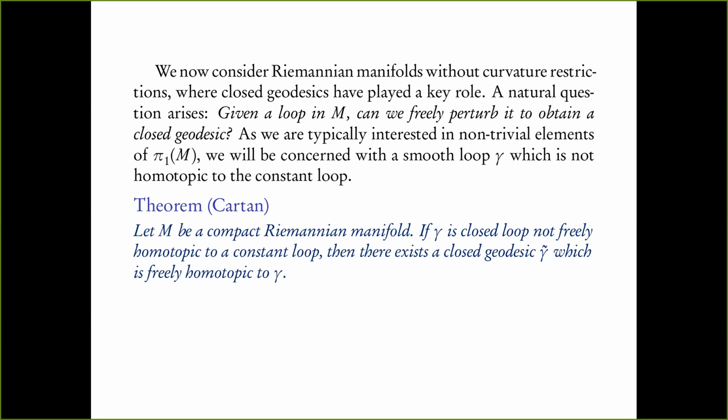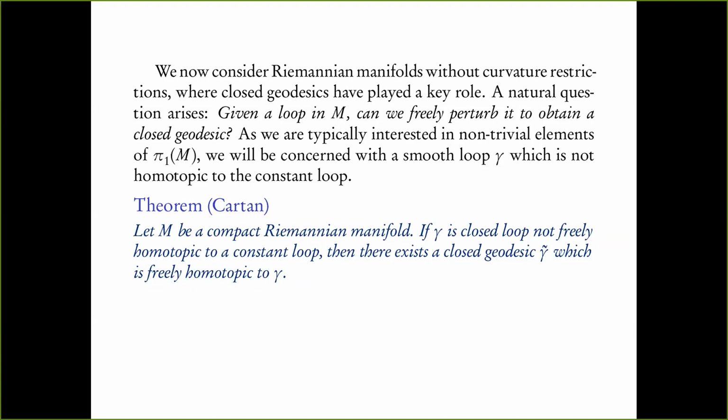The freely homotopic means? Yeah, okay, good. So I was hoping somebody would ask this. See, I'm mentioning the word freely homotopic because in algebraic topology, you have seen the notion of two loops being homotopic, and usually that means two loops being based homotopic, right? So if you say I have a loop, that means you have a map from S1 to M. But S1 already comes with a chosen base point, which is 1.